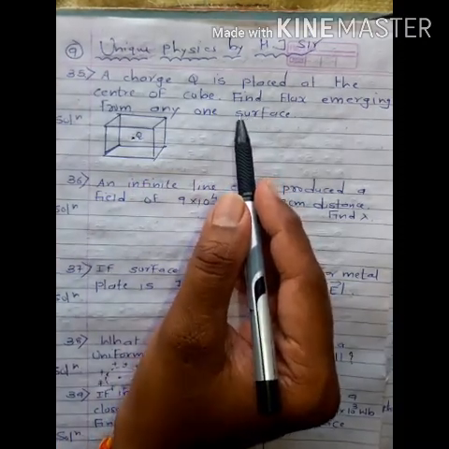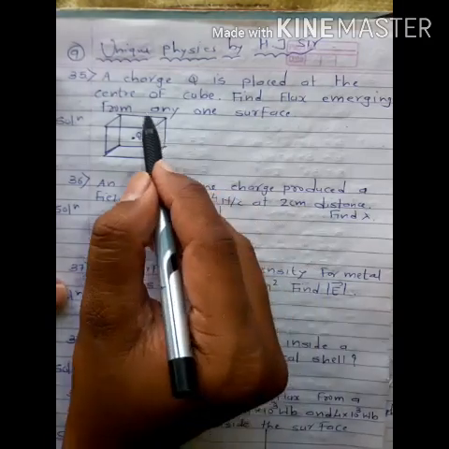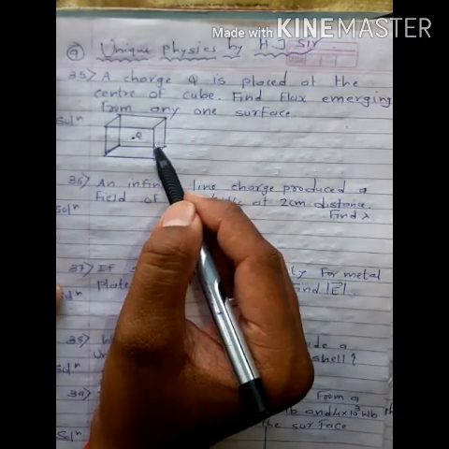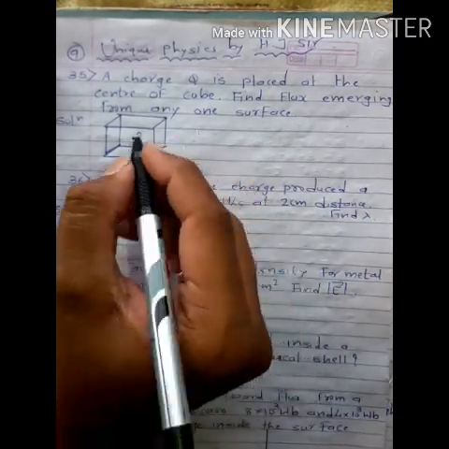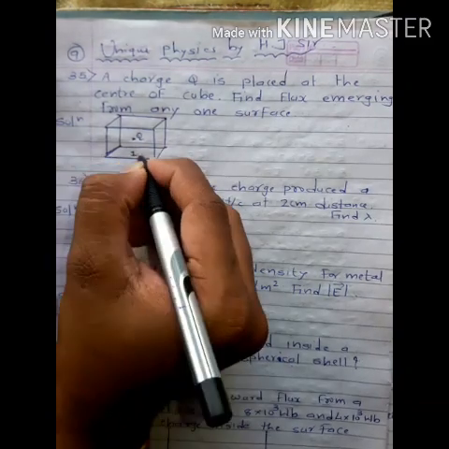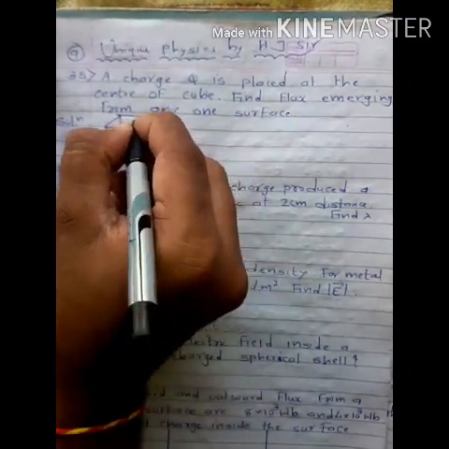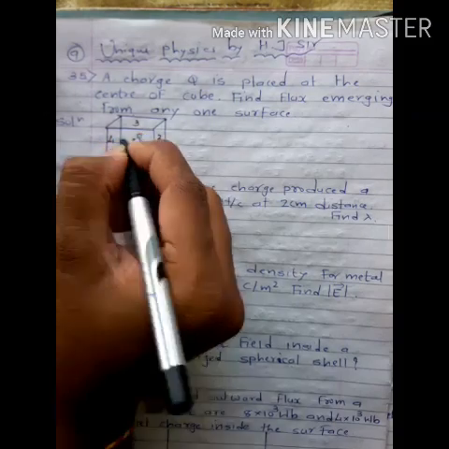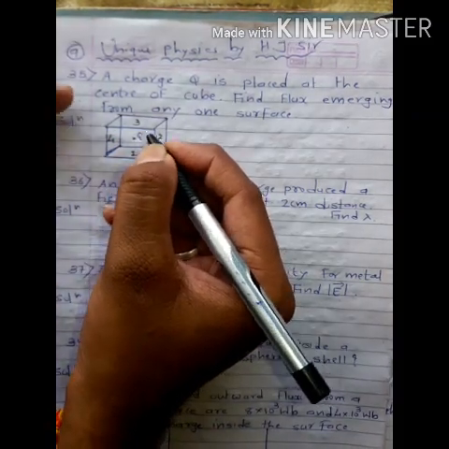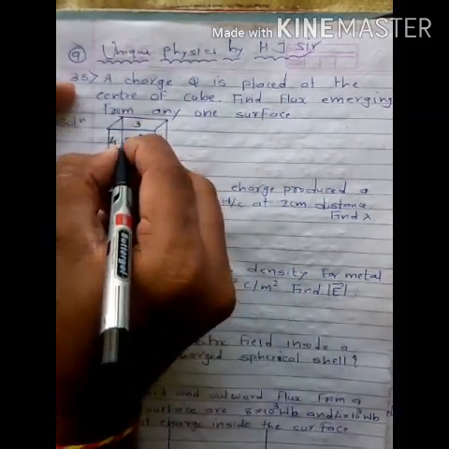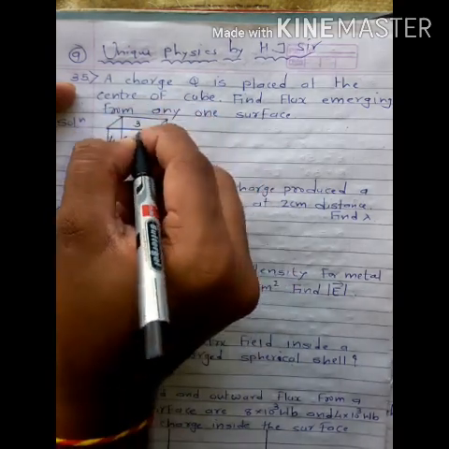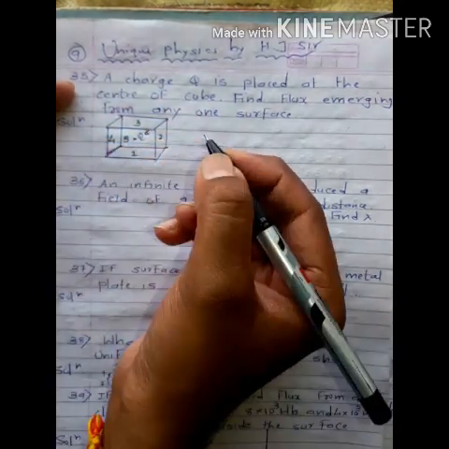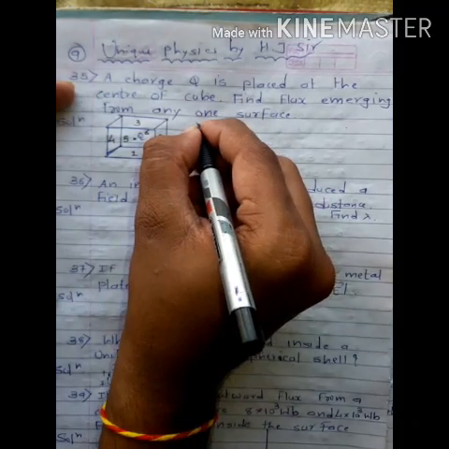Now from this figure we can say that a cube has total 6 surfaces. For example, this is the first surface, this is second surface, this is third surface, this is fourth surface. Towards students, this is fifth surface and its opposite side, sixth surface. Clear? So according to Gauss law,